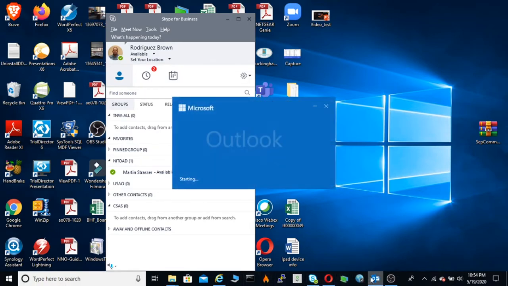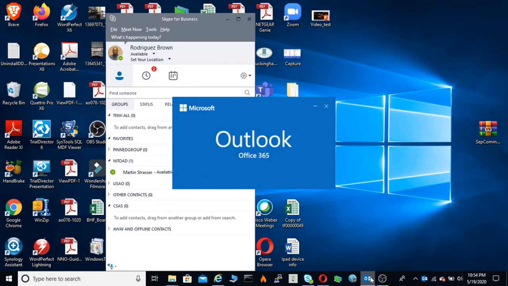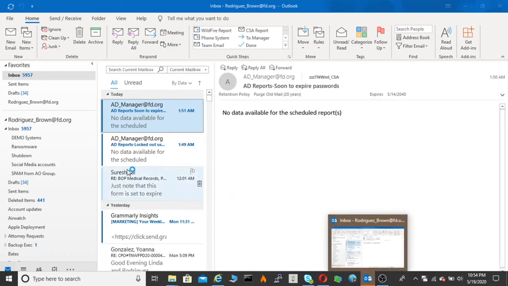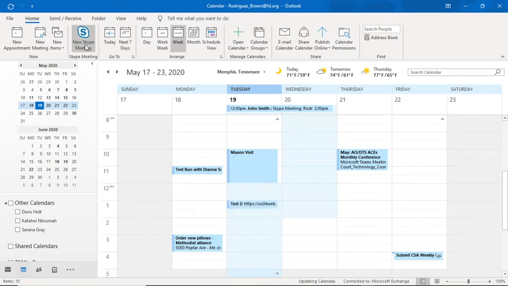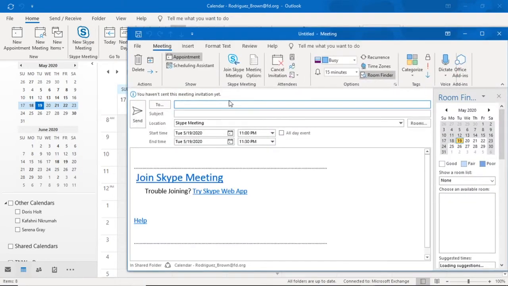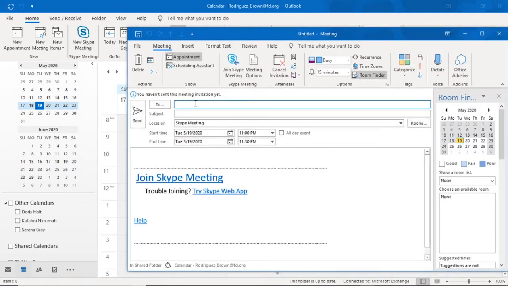I'm going to launch my email. And for my calendar, I'm going to click on New Skype Meeting. Now, this new Skype meeting will allow me to invite users within my organization and users outside of my organization. So if I was going to send an invite for a visitation meeting, I would send a message,